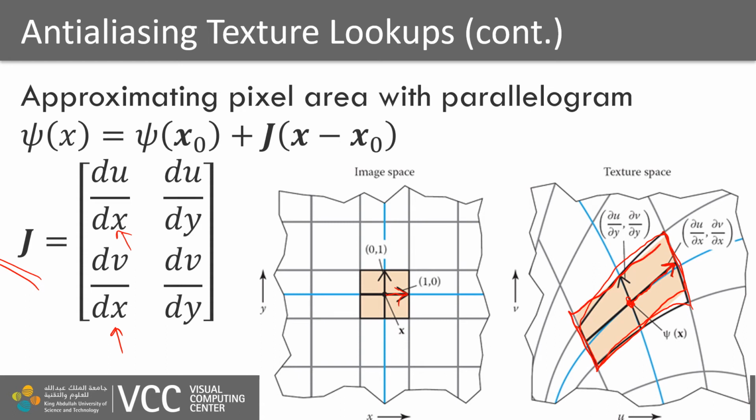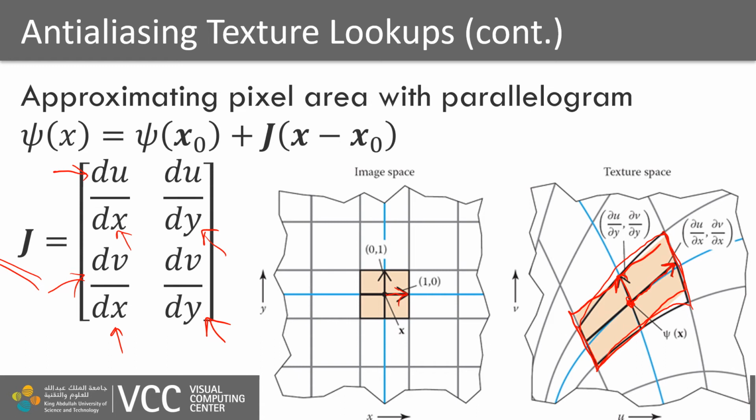And to find this parallelogram, we are using the partial derivatives of the function composed of these two transformations: the inverse viewing transformation and then the texture mapping transformation. If we change x, u can change, and most likely will, in both the u and v direction, because u and v and x and y are not aligned. The same holds for the changes when we are changing in the y direction, and we can see how that changes in the texture